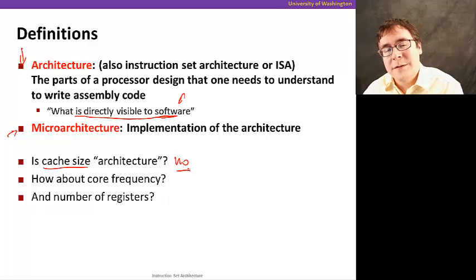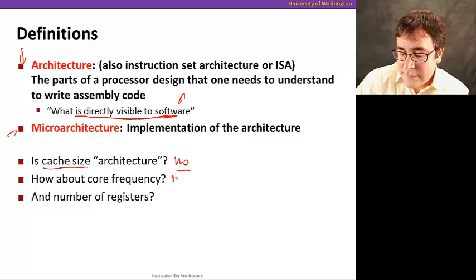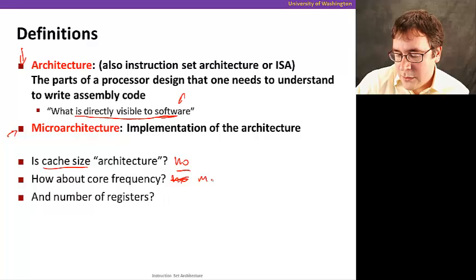How about core frequency? Well, core frequency is also not something that software knows explicitly. Software doesn't care all that much about what the CPU frequency is. The user does because it makes the processor faster. But when writing assembly code, you don't know, and there's nothing in the ISA that refers to that. So core frequency is part of the microarchitecture